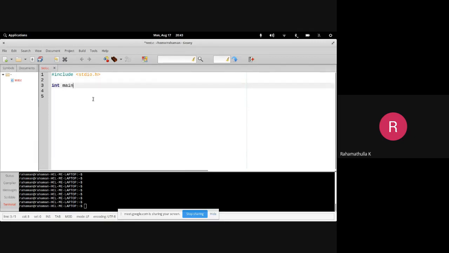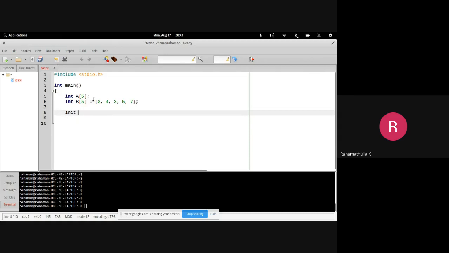I'll write the main function, int main, then int A[5], which will create array A with 5 elements, int B[5] equal to 2, 4, 3, 5, 7, and a for loop for i equal to 0, i less than 5, i++.